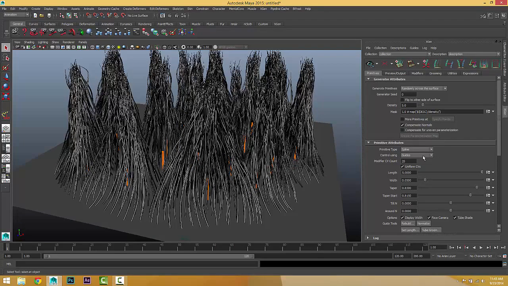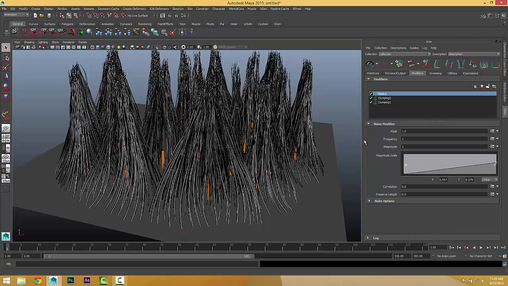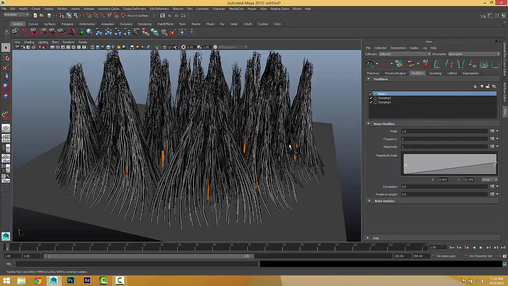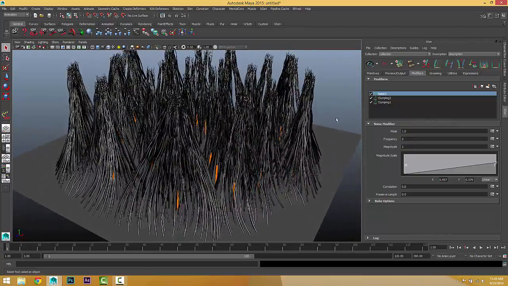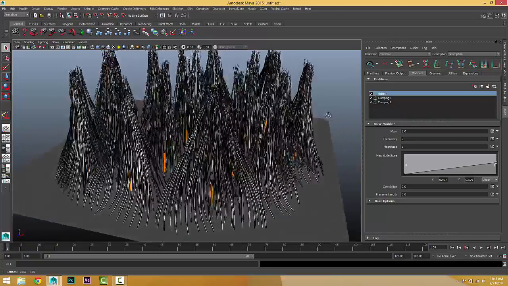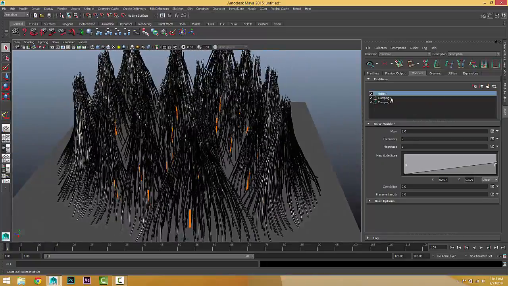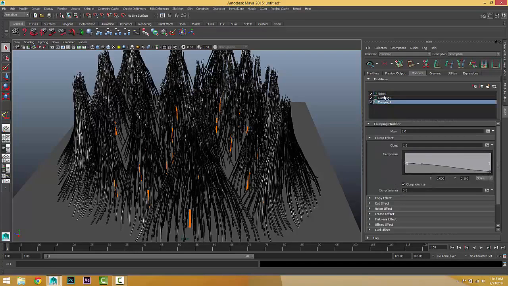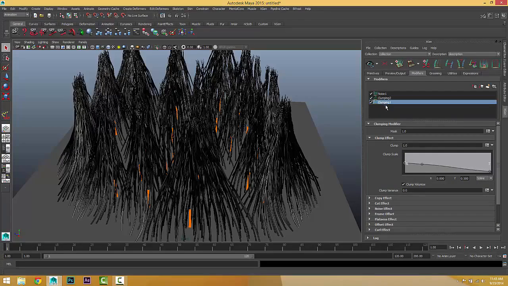Now, if you go back to the modifiers, let's change the magnitude back to 1. Can change the frequency to something like 2. Okay, a little bit more frequency. So we've got this shape very quickly, and the beauty of this, you can go back to any of these modifiers, usually calculated from bottom to up, and go back to any of these modifiers and